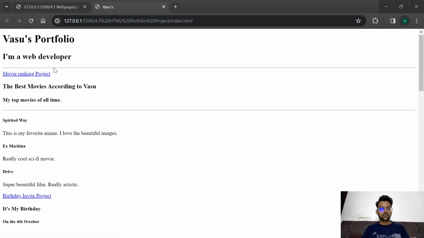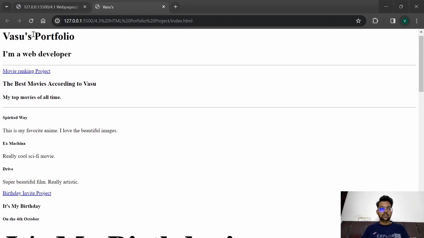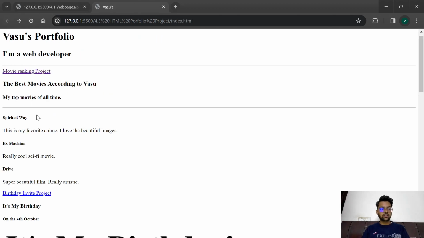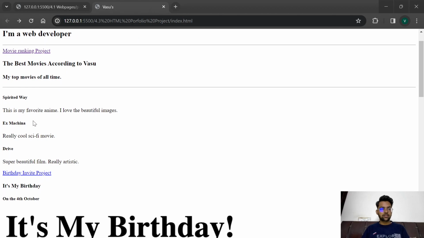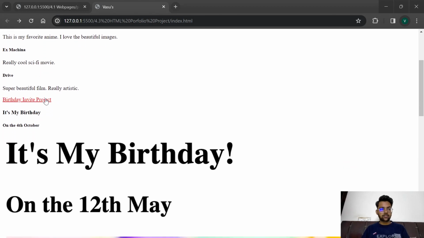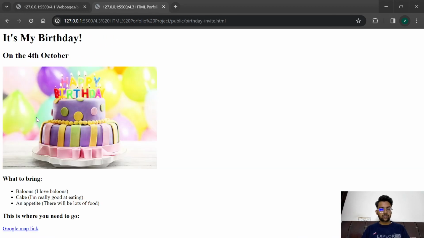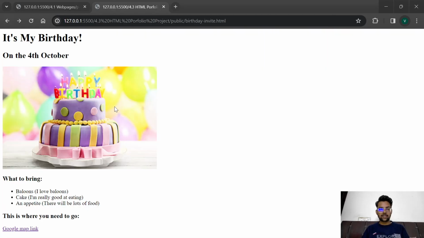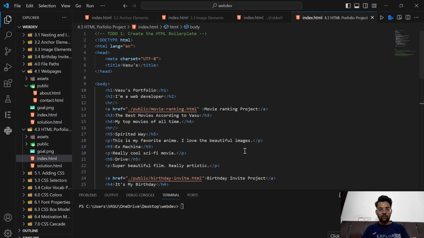See, this is a simple thing. Started with the heading, then a break, then movie ranking. See, I moved on to another website. Okay, so another break is here. Then it is with the heading and the paragraph thing. Again, this birthday thing. Okay, now within it, it's a Google Map link. Oh, you moved on to Google Map. Oh, it's great. So what I have done, I just added the Google Map link